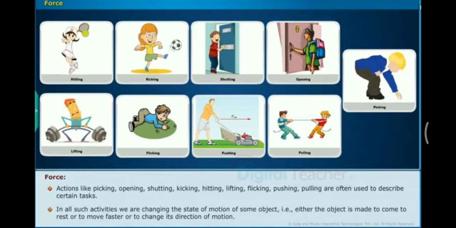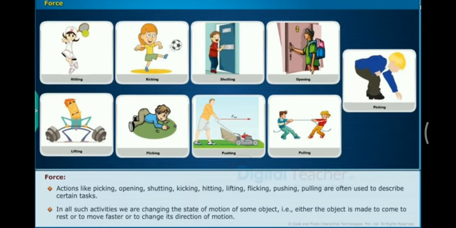Actions like picking, opening, shutting, kicking, hitting, lifting, pushing, pulling are often used to describe a certain task. In all such activities, we are changing the state of motion of some objects. That is, the object is made to come to rest, or to move faster, or to change its direction of motion.